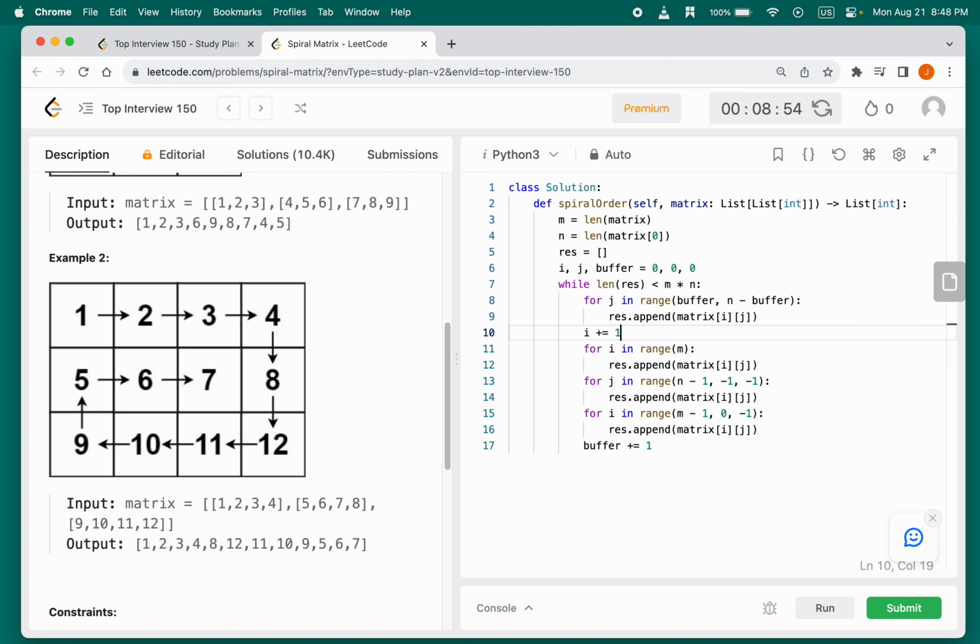So let's decrement I. So now I goes from, except this is still gonna start from 0. So what we need is for I to just go from